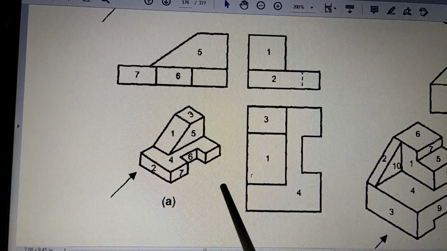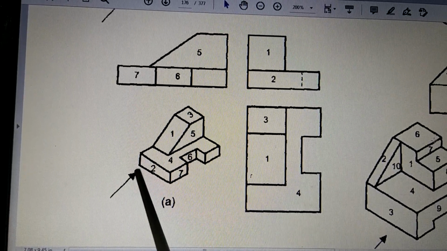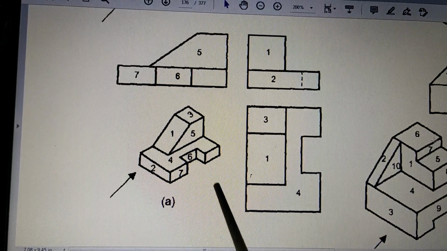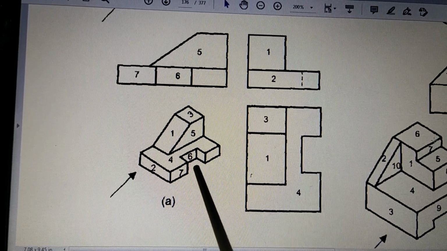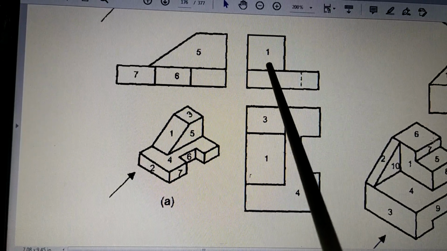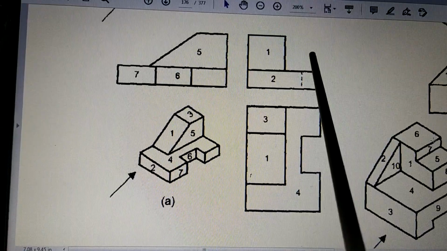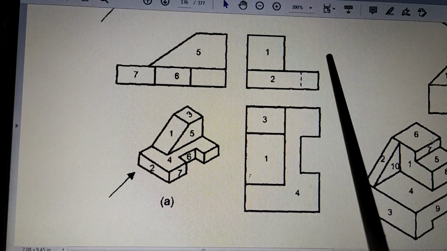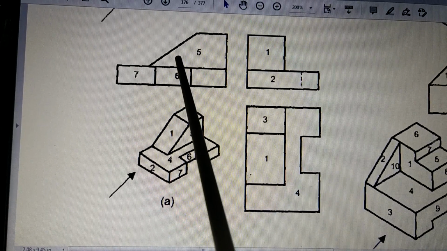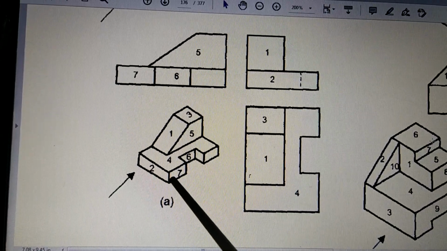Then comes the right hand side view. So when you look from the right side, from this direction, how it will be seen is to be drawn on the left side of this figure. This is the front view. Look at the front view in this direction. Whatever you see when you look from this direction is drawn here. So just imagine what you will be seeing.